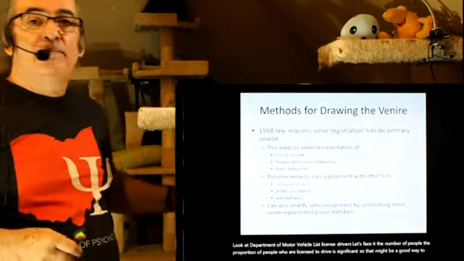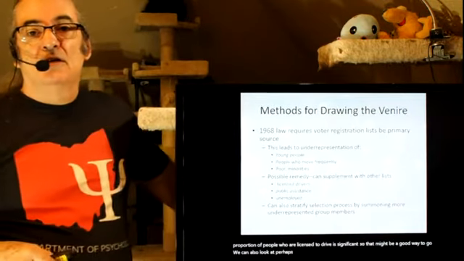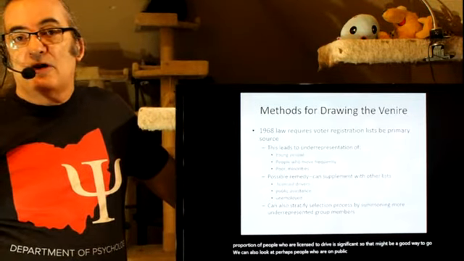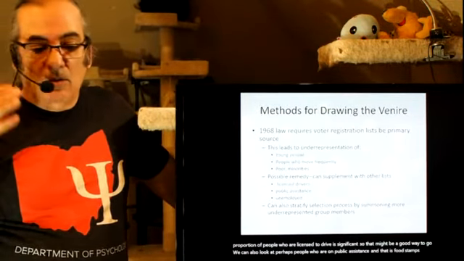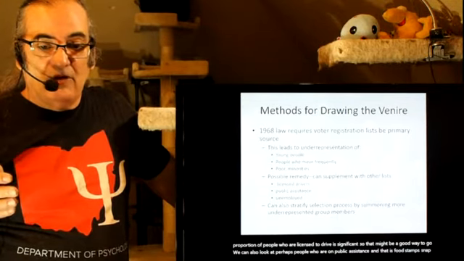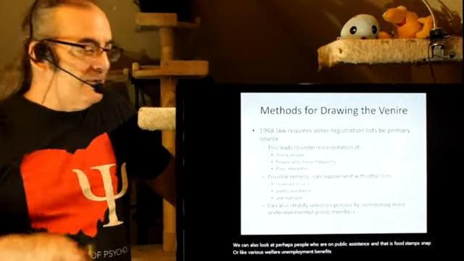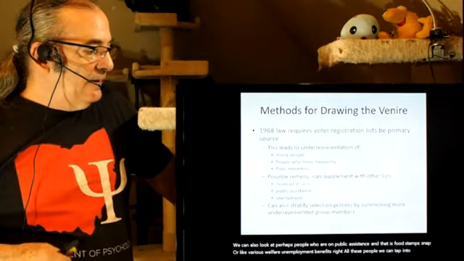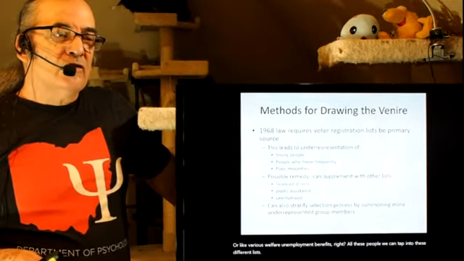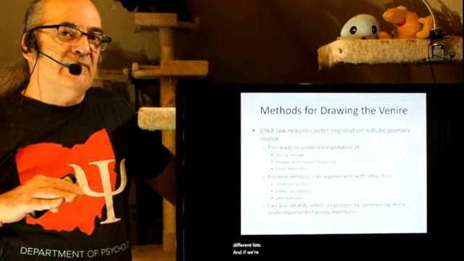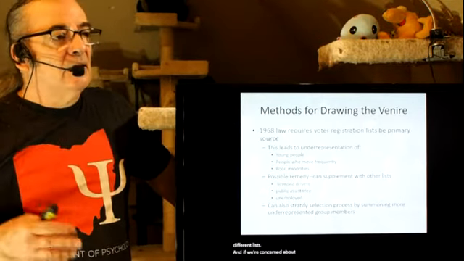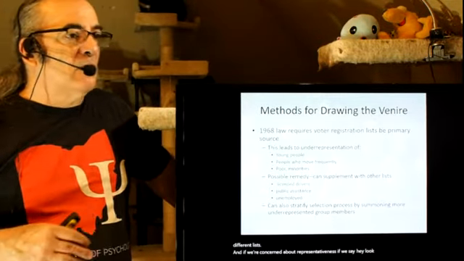We can also look at perhaps people who are on public assistance, and that is food stamps, like SNAP or various welfare, unemployment benefits, right? All these people, we can tap into these different lists. And if we're concerned about representativeness, if we say, hey, look, our community is 70% white, it's 20% African American, 6% Hispanic, 4% Asian,